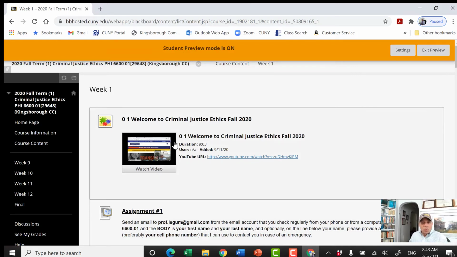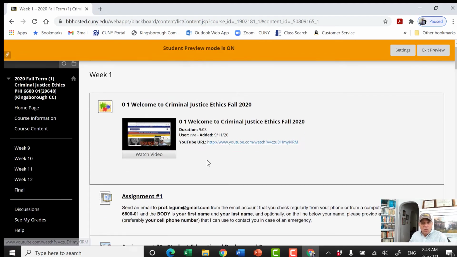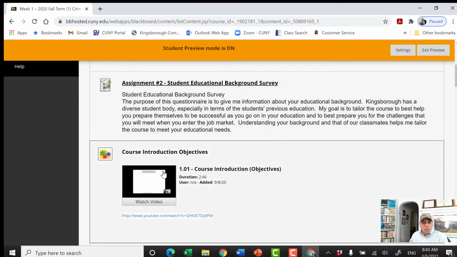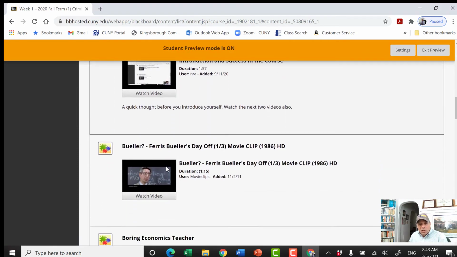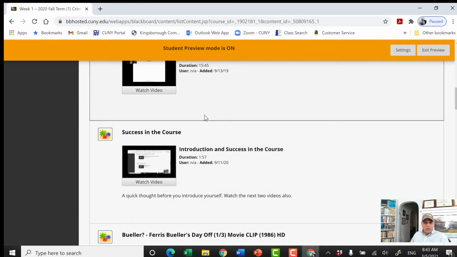But the idea is once you get into one of these week folders, you're going to go down. You're going to find things like a video to watch, an assignment to do, an assignment to do, and then I'm going to have a video to watch. Usually I'll give you the resources that are available for the video, that is, PowerPoint slides, because oftentimes I'm talking about something, but I'm navigating through a preset plan, which is captured in my PowerPoints. But you should still sit down with a pen and paper, a good idea, and take notes.